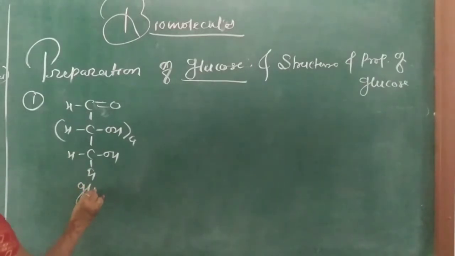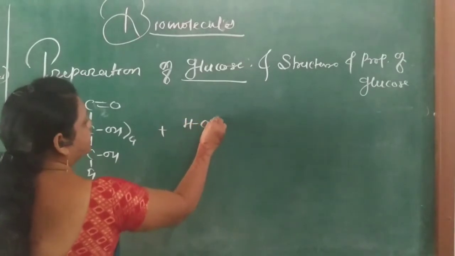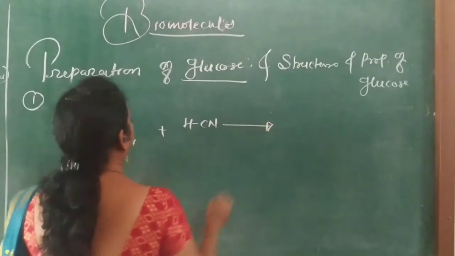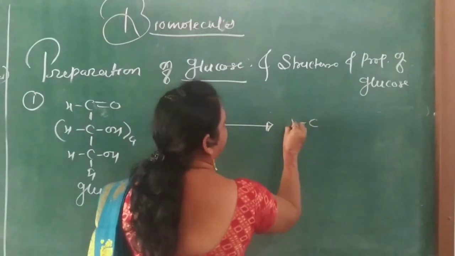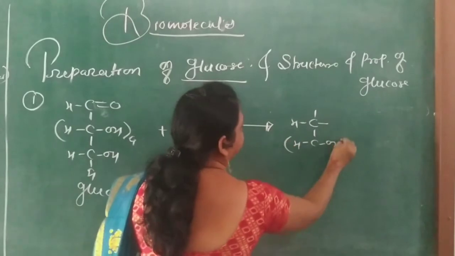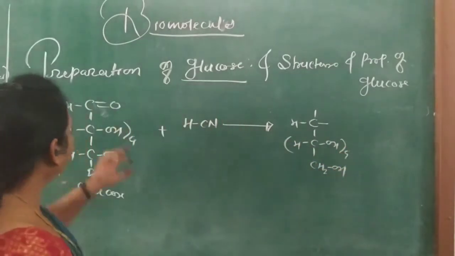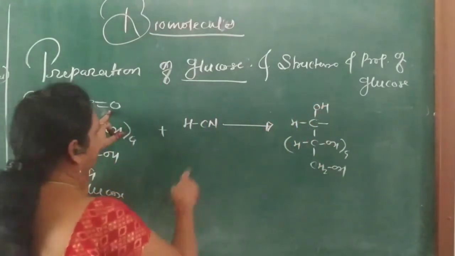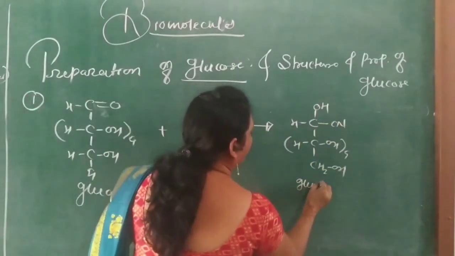This is glucose. When it reacts with hydrogen cyanide, HCN, the double bond gets converted into single bond. This CH, here the double bond gets converted into single bond, remaining as it is, and here CH2OH. Now this O combined with H to form OH, and here CN combined to form here. So this is glucose